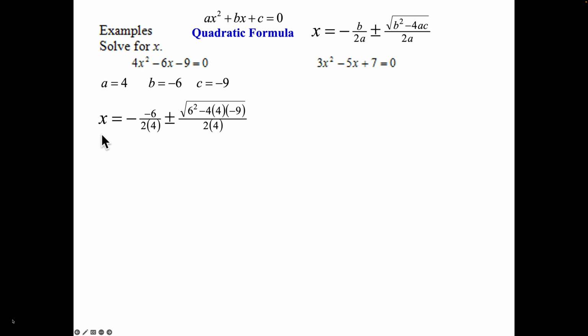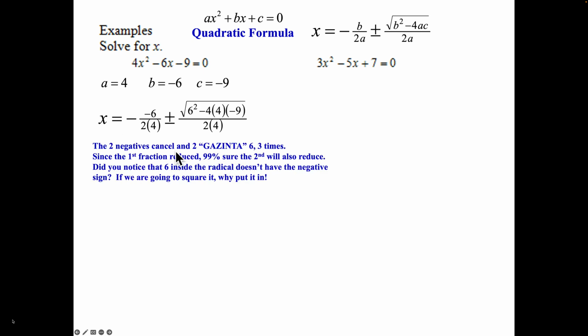All right, so now what we want to do is we want to start to look at simplifying. Since these are two separate fractions, I noticed, wait a minute, this 2 can go into that 6 3 times. And my two negative signs, negative times a negative, will become a positive. Now, the reason why this is important is that if this fraction can reduce